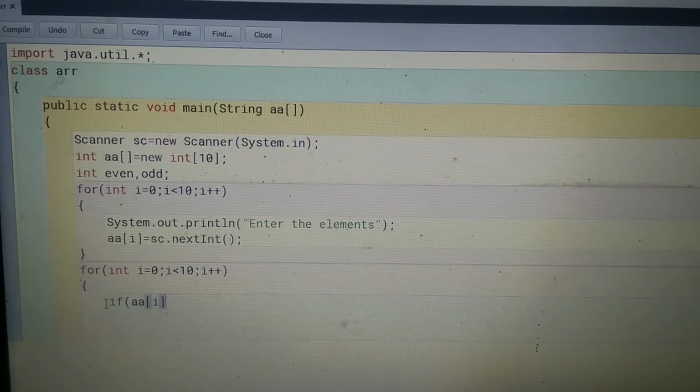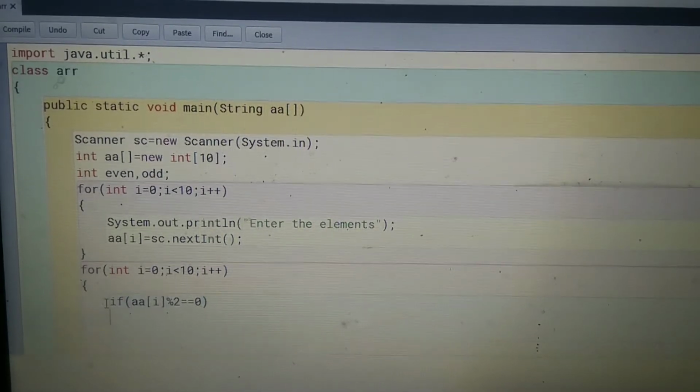I value means 0 index element. That element modulo divided by 2, if the remainder value is equal to 0, your number is even.